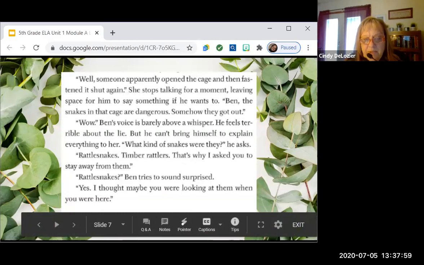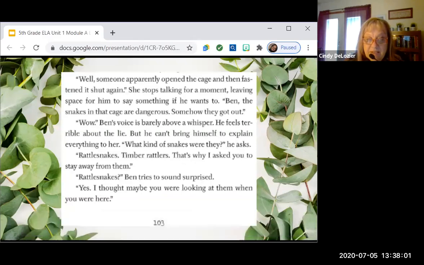"Well, someone's apparently opened the cage and then fastened it shut again." She stops talking for a moment, leaving space for him to say something if he wants to. "Ben, the snakes in that cage are dangerous. Somehow they got out." "Wow." Ben's voice is barely above a whisper. He feels terrible about the lie, but he can't bring himself to explain to her what